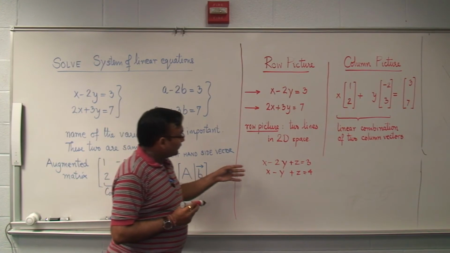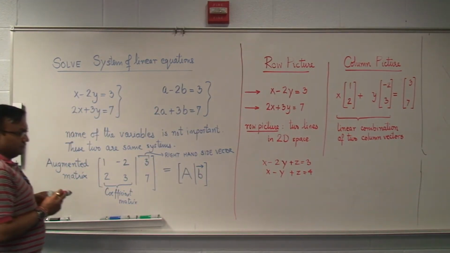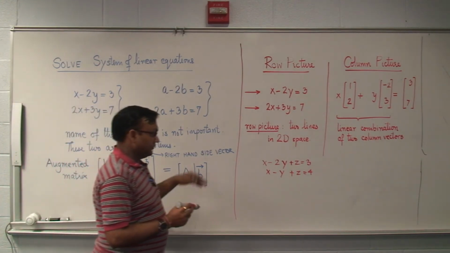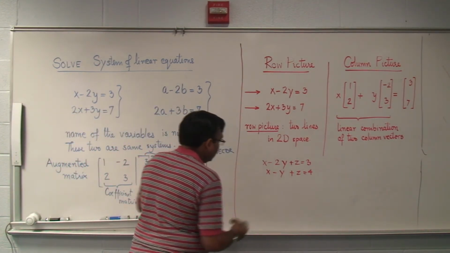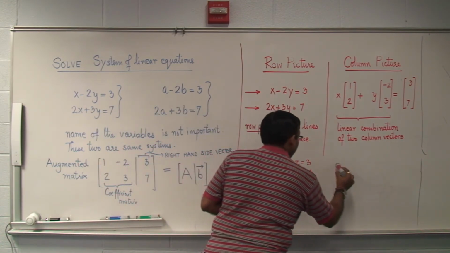From the row point of view, we can say that this is basically the intersection of 2 planes. So we are in 3 dimensions, and we are working with 2 planes and trying to find the intersection. But if you look from the column perspective,